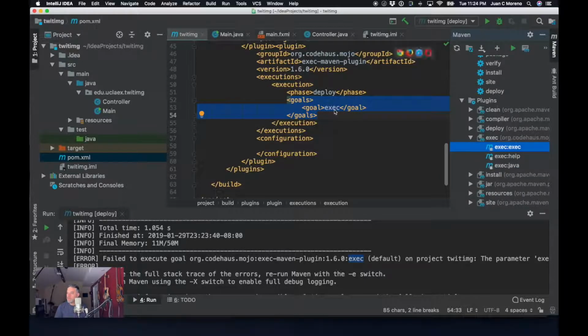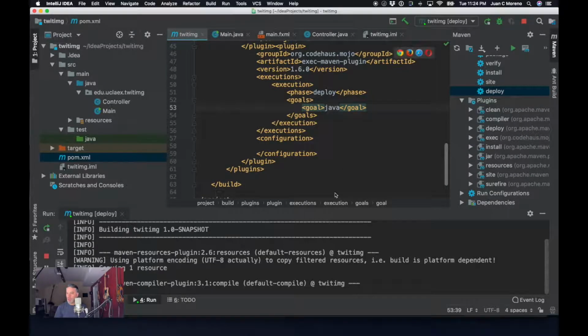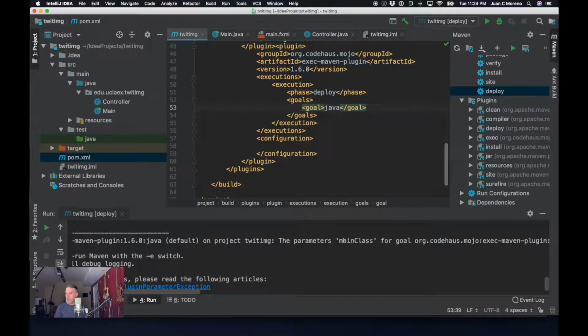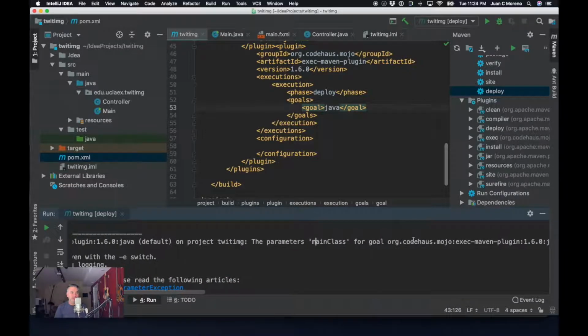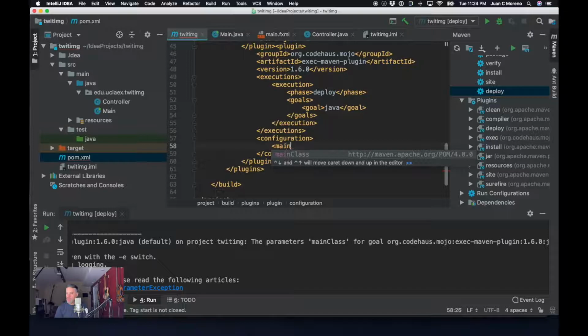So we can actually even do Java here and just run it. And the parameter main class, it's complaining that the parameter main class is really not there. So we can add main class as an argument in the configuration and say